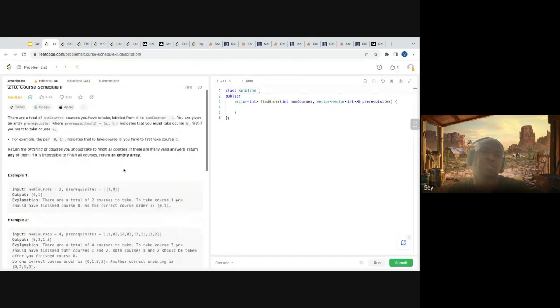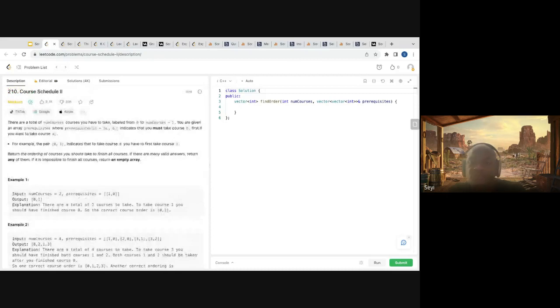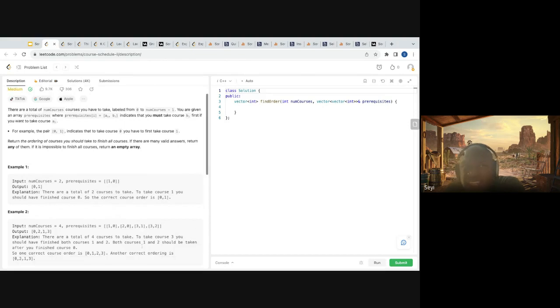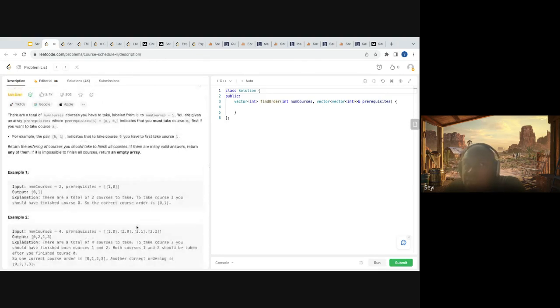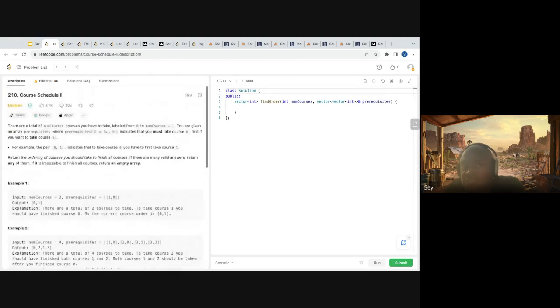So let's see, course schedule. Essentially, this is saying that you have a number of courses you can take, and you have prerequisites you have to meet. So some courses must be taken before other courses. They are saying you should return an order in which you can finish the courses. This is a specific example where you can apply topological sort. Essentially, you just need to build a graph, and then you can apply topological sort to this.